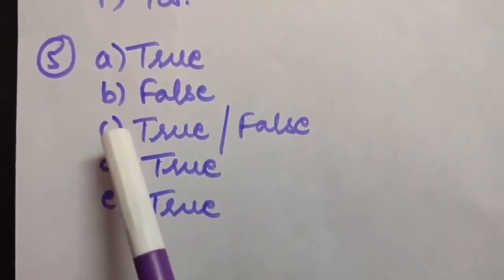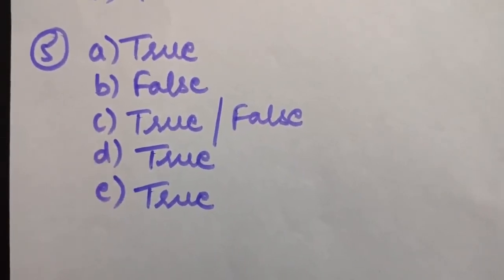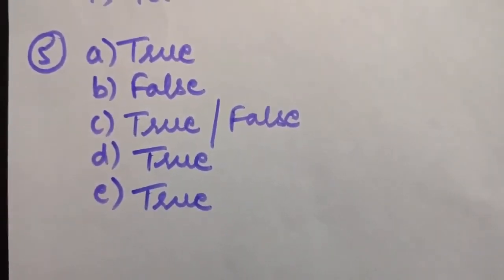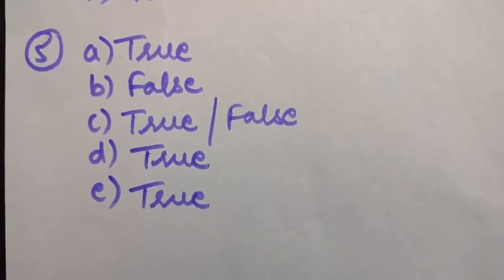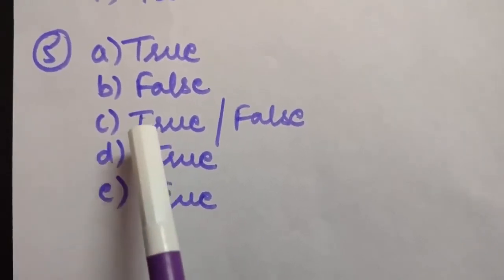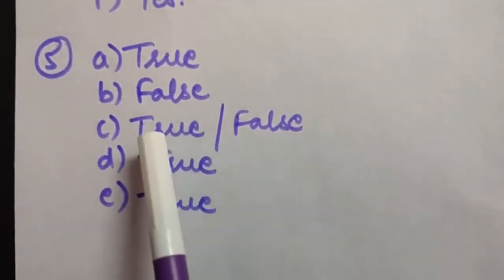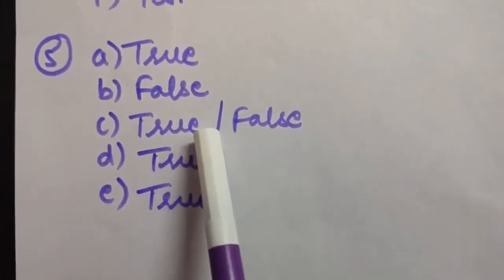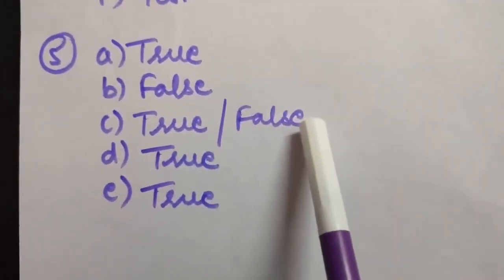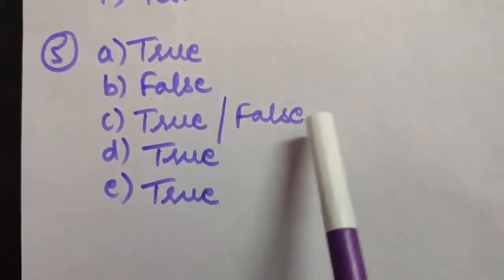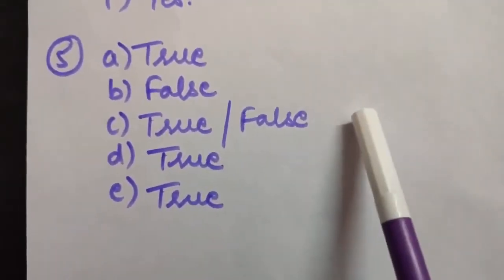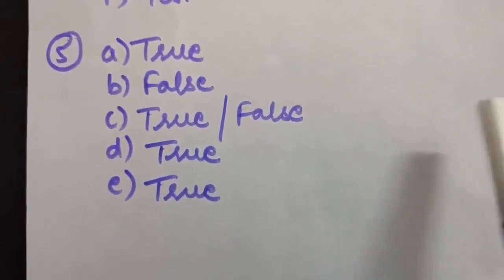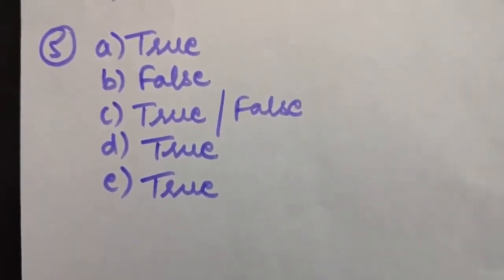Okay, so the C part says the total path length is always equal to the magnitude of the displacement vector of a particle. So this statement is partially true. It is only true if the particle is undergoing a straight line motion, and if the particle is not going in a straight line motion, then that will be false. Because as you know, only in a straight line can the distance traveled and displacement remain the same.